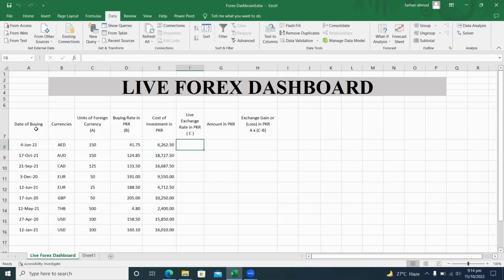And in this column, I want the live Forex rate, and by multiplying the units of foreign currency by these live rates, I will get the value of each currency on a real-time basis. And in this column, I will calculate the profit or loss, or unrealized profit or loss